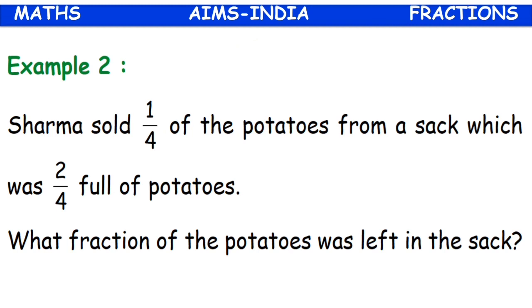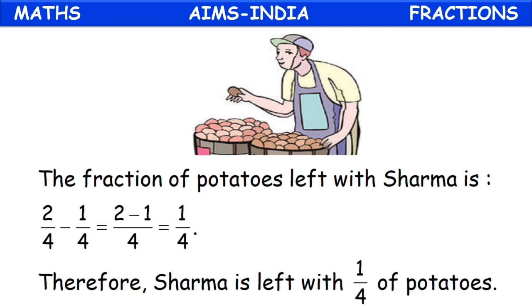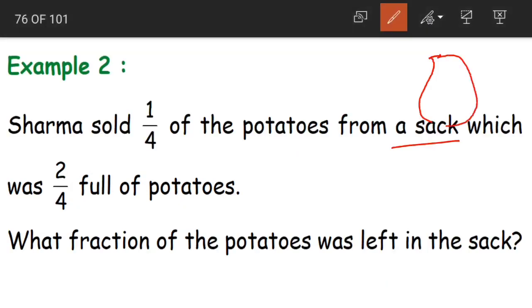What did he do? He sold 1 by 4 of the potatoes from where? From a sack. What does a sack mean? Sack means a very big bag in which the vegetables are stored, children. If you have ever gone to a vegetable market, you can see that the people there are sitting with big sacks of vegetables. Yes, so Sharma sold 1 by 4 of the potatoes from this sack, and this sack was